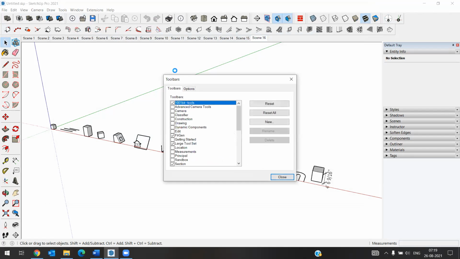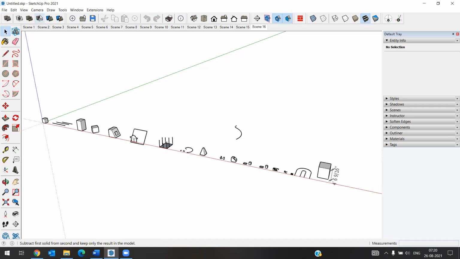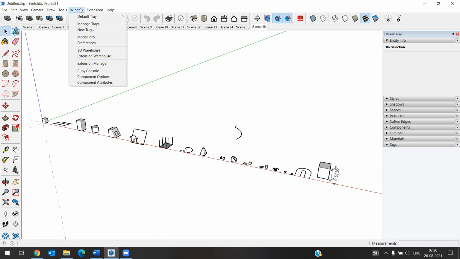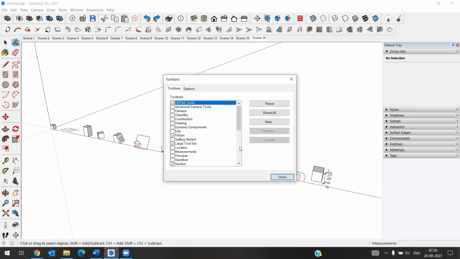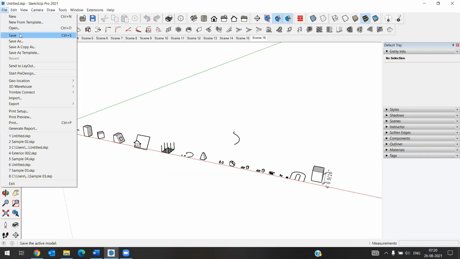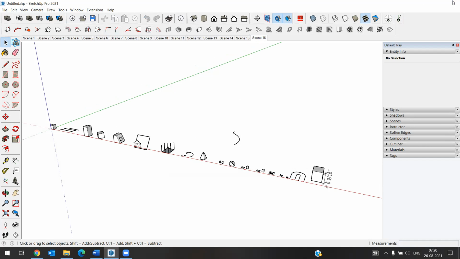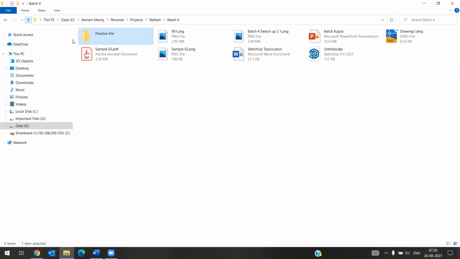So go to toolbar, close, tools. Okay, it's not coming because once you have to say close and you have to open.